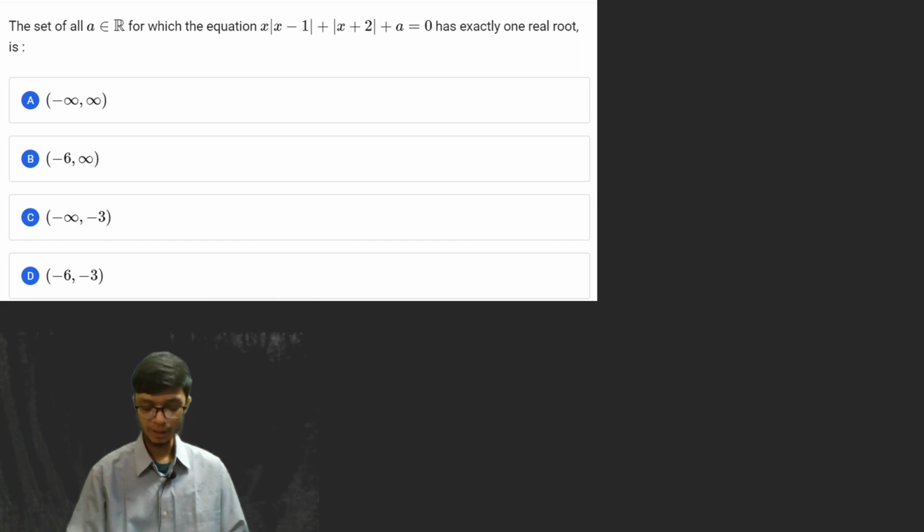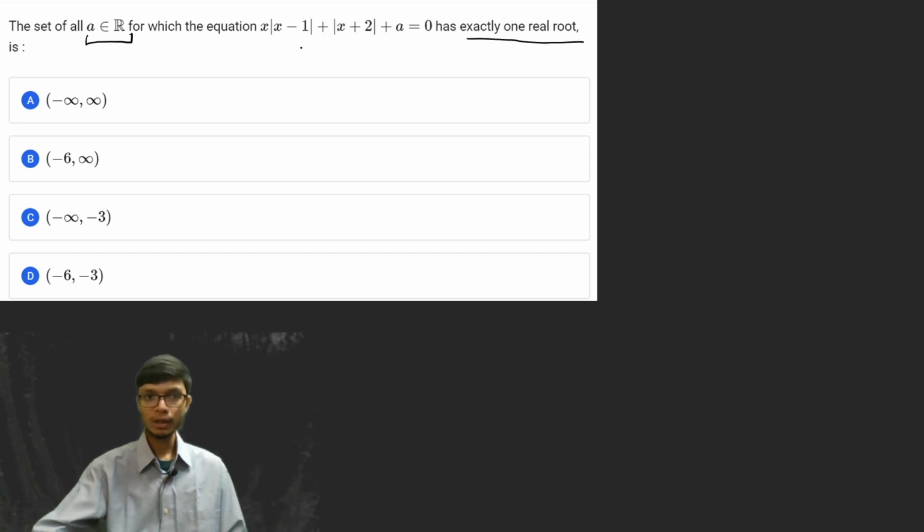The third problem is on the screen, and it is again a very important problem. It is very similar to the problem we solved before, a problem on modulus values. It says that a belongs to the set of real numbers, and we need the set of all a for which this equation has exactly one root. Now you have to convert this into a quadratic equation and get to the condition of exactly one